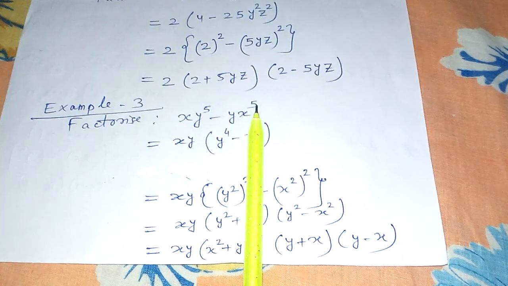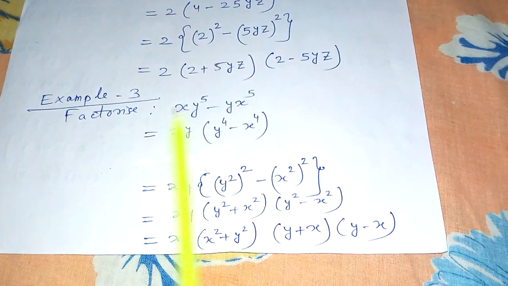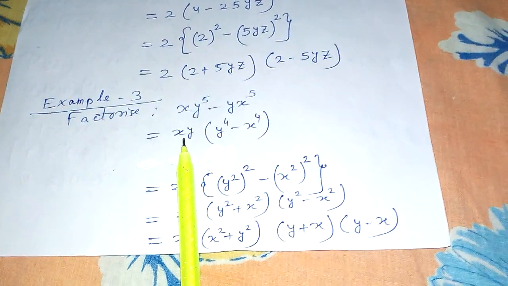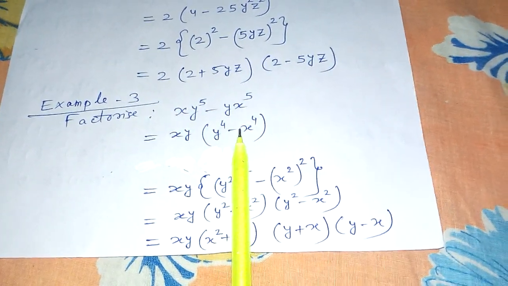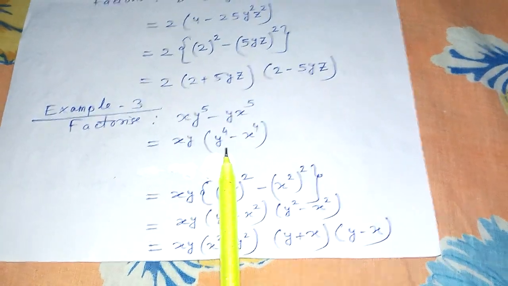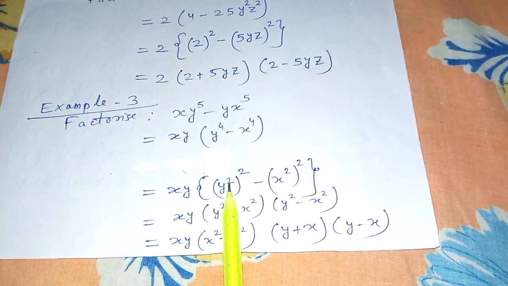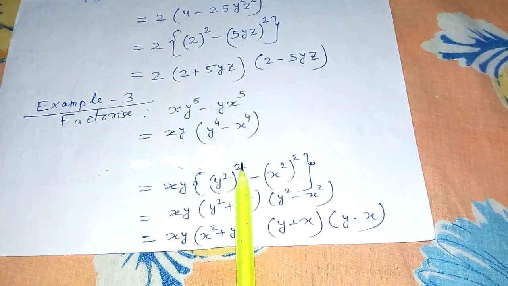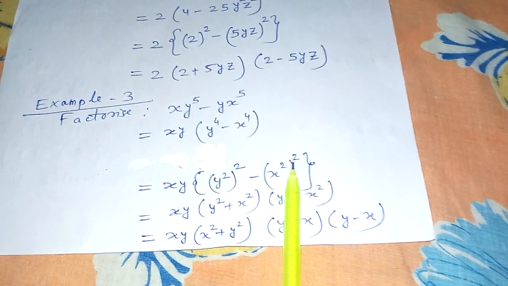Again, example 3 is a little bit different here, as we need a square here but we have power 5. But what we saw here is that xy is common in both the expressions. When we take xy common, we get y power 4 minus x power 4, but we need a square. So what we did, we broke 4 into 2 numbers. So 2 remains inside, the other 2 goes outside as the square. So 2 twos are 4, 2 twos are 4.